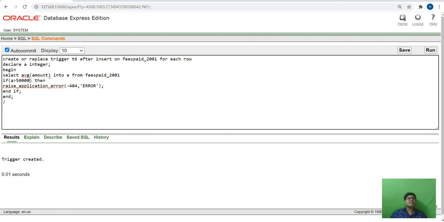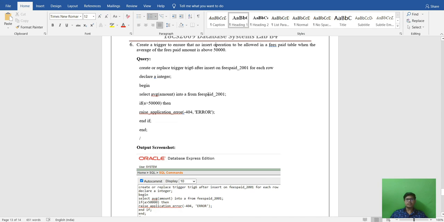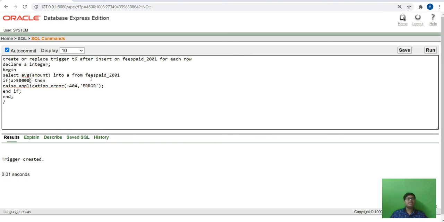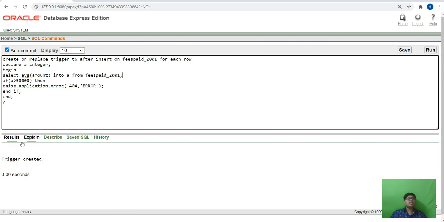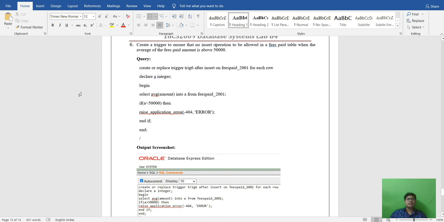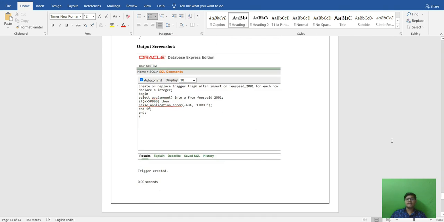Insert into table, select average amount from the fees paid, and then it will raise one error that there will be no insert operation when the fees is above 50,000. So here it will give one error. When we run this, it will give that the trigger is created. So this sixth one is also completed.